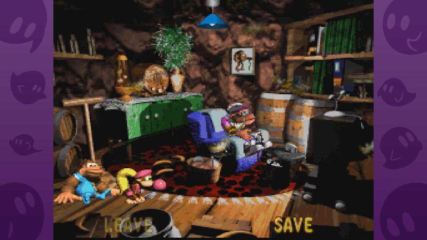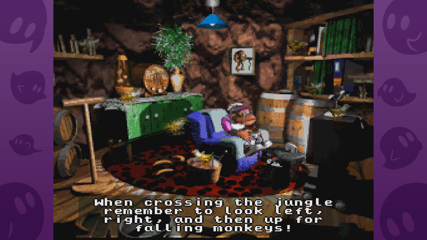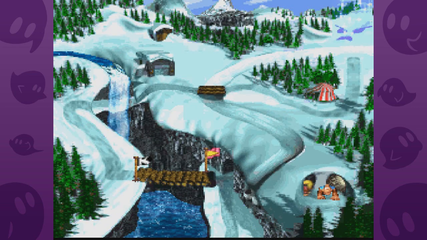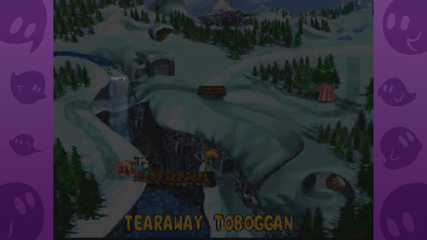If he did, I'd never be able to get him off it. And we're gonna leave. When crossing the jungle, remember to look left, right, and then up for falling monkeys. I don't know what that's a reference to, but it is kind of cute and silly. That all said and done, though, we are going to be getting on to the next level of this world,